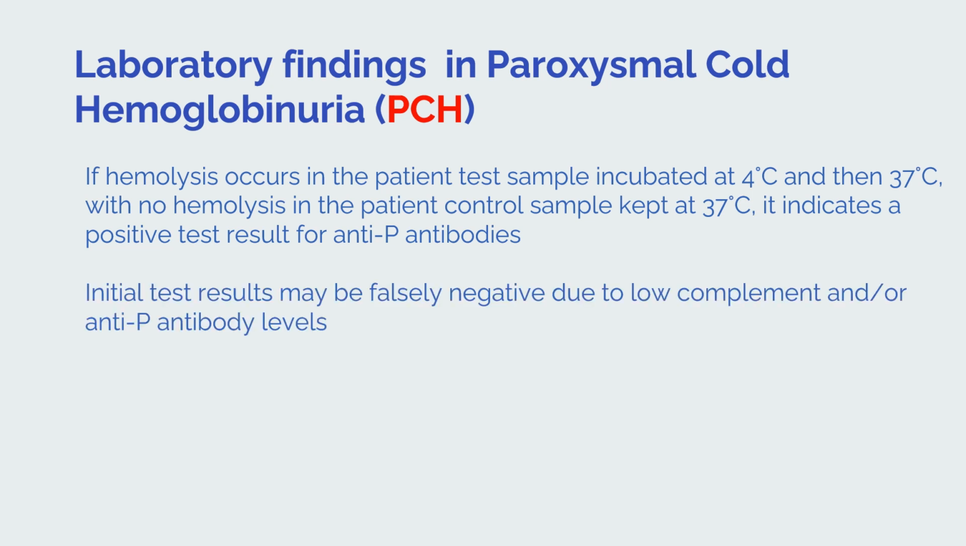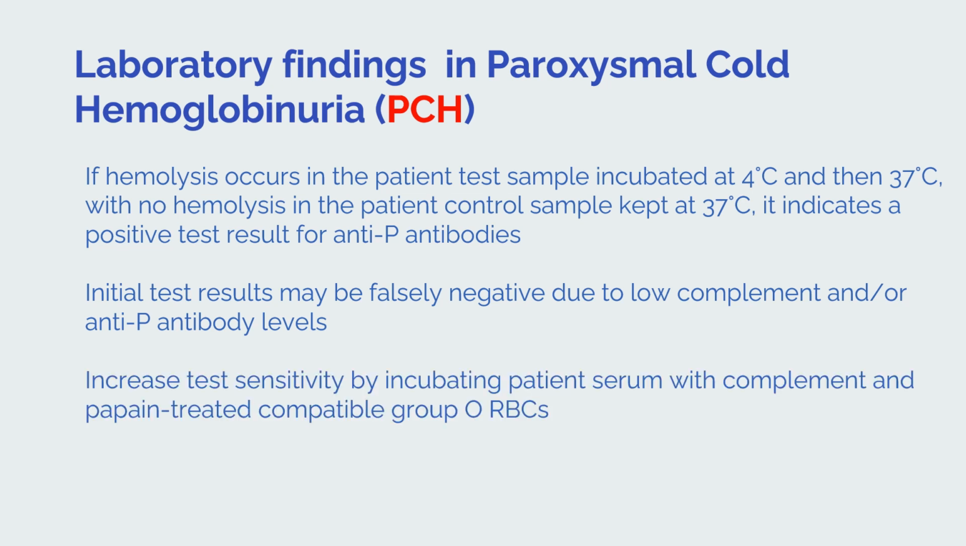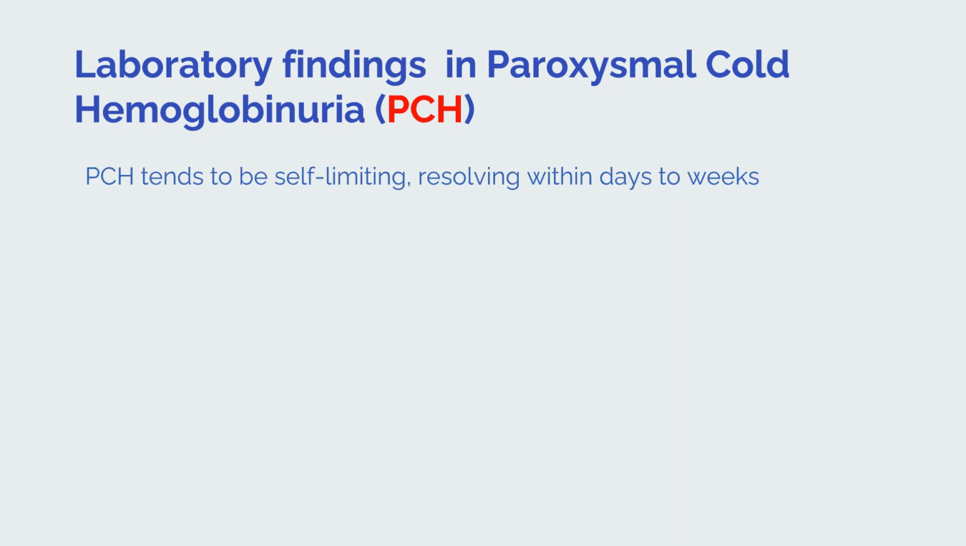However, initial test results may be falsely negative due to low complement and/or anti-P antibody levels in the patient sample caused by brisk in vivo hemolysis. To increase the test sensitivity in detecting anti-P antibodies, patient serum can be incubated with complement and papain-treated compatible group O RBCs. Although PCH is a severe condition, the good news is that it tends to be self-limiting, resolving within